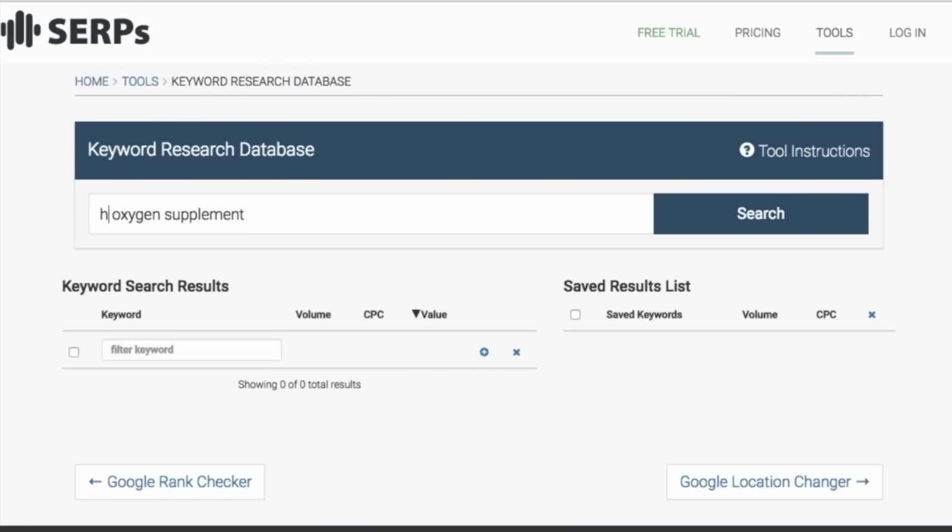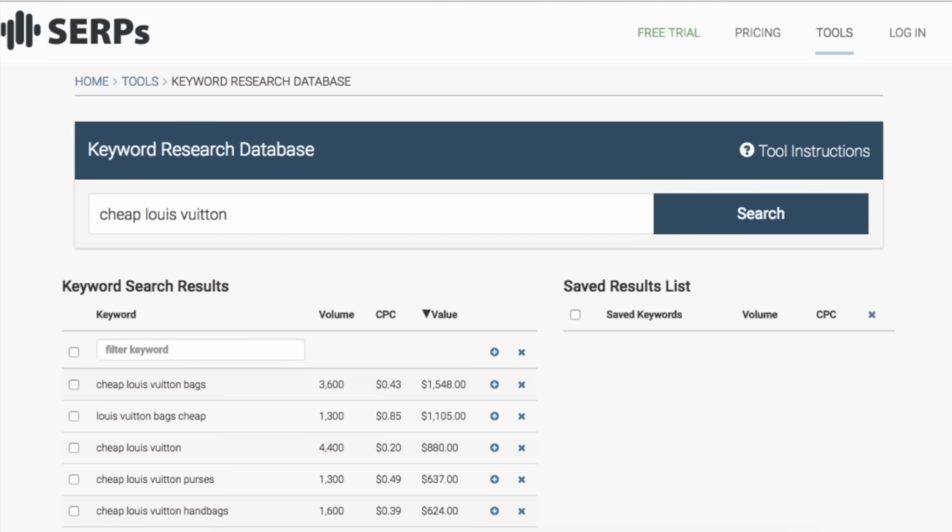The other thing that people do is cheap, and believe it or not, if someone is typing in cheap, they're intending to buy. And that doesn't mean that they want the cheapest one. Cheap Louis Vuitton. Okay, that person's probably going to go buy a Louis Vuitton bag. So, they're trying to figure out how they can afford it. So, cheap, top, best,